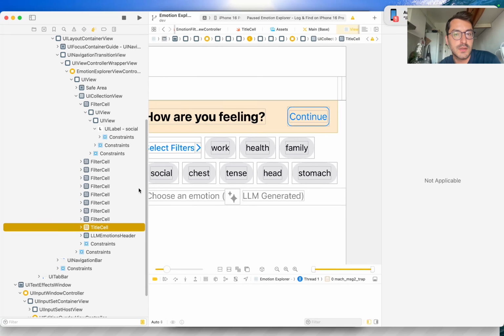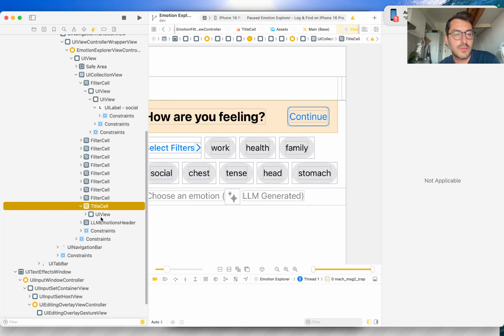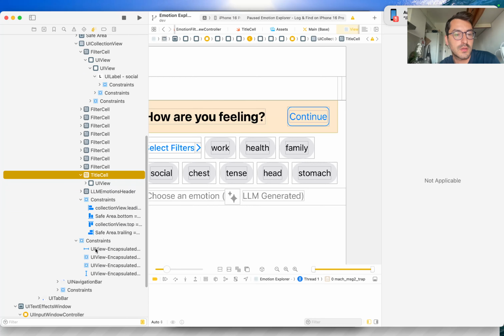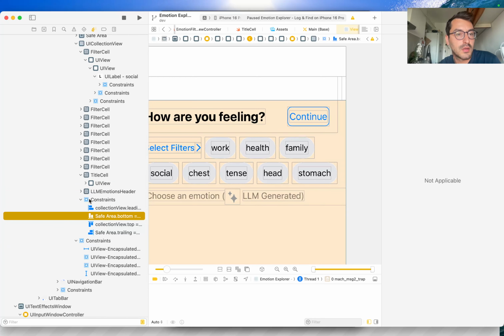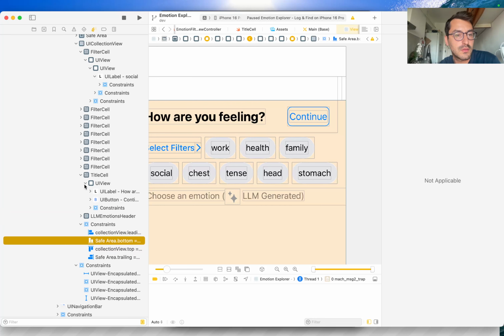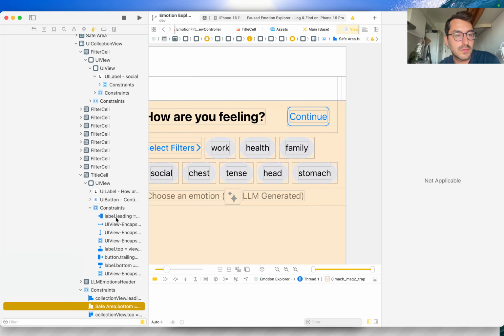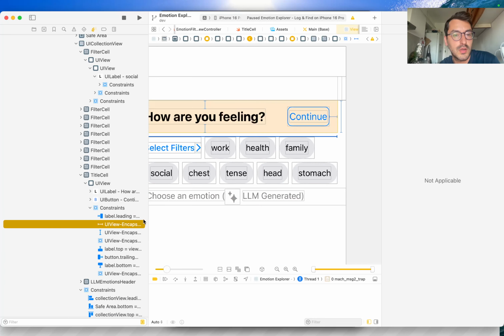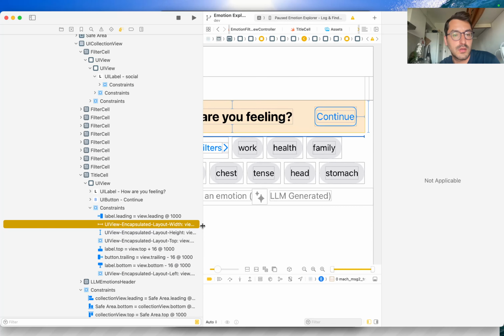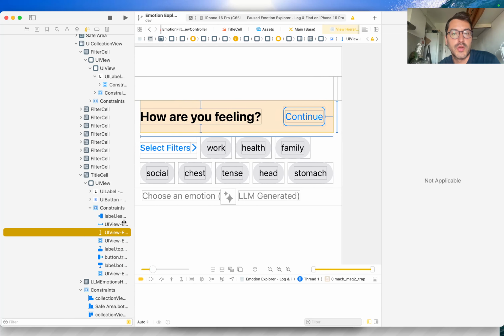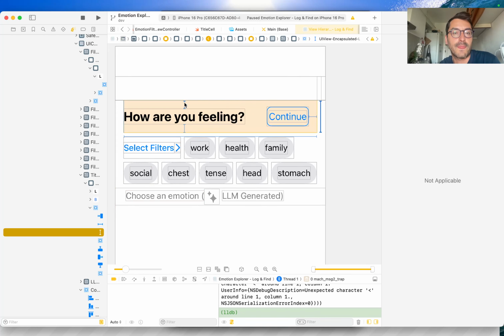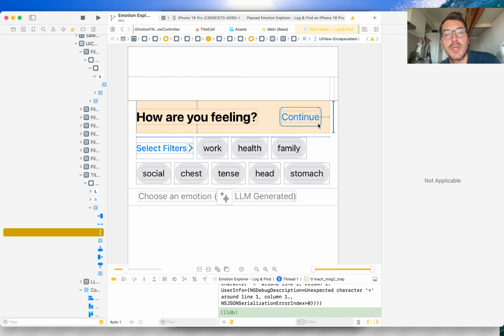This is the title cell. Constraints, right? Title cell constraints. Height. So I'm gonna delete these two constraints, the top, bottom for the label, and I'm gonna keep this one